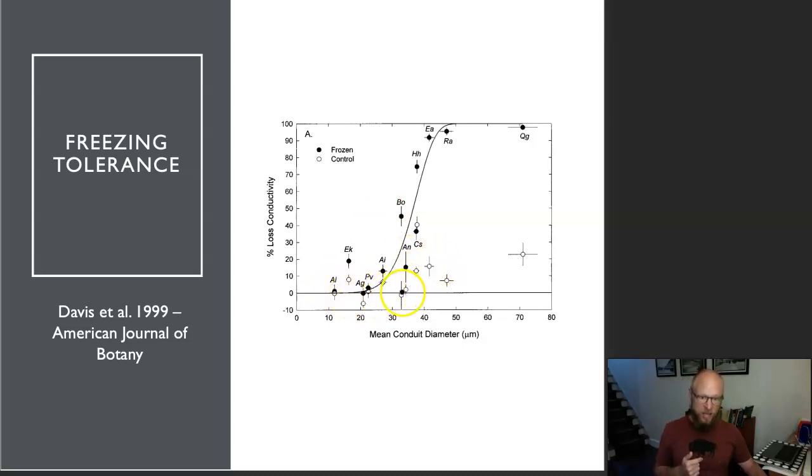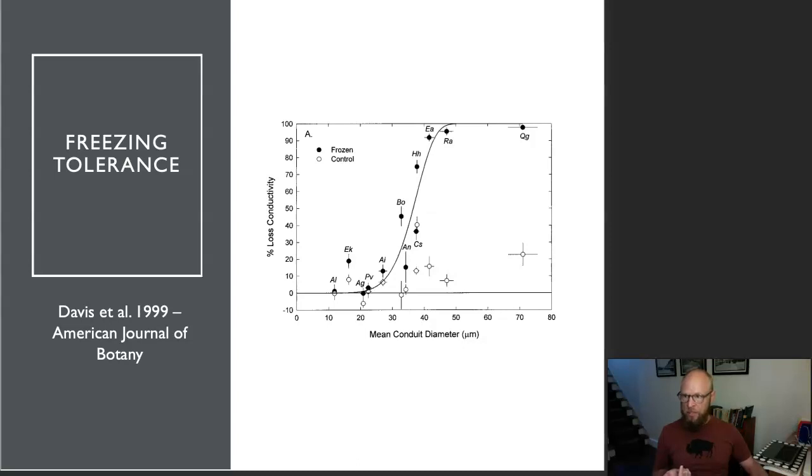And what you can see is that the plants that have the larger diameter vessel, I tried to say vessel and radius at the same time, larger radius vessels, those ones experienced lots of embolisms and so lost all of their ability to conduct water. So if you're a plant growing in the far north of North America, you don't want to have large pipes because they're most likely going to embolize when it freezes, and then they can't transport water. And if you can't transport water, you can't have your stomates open, you can't get CO2, you can't photosynthesize. All right? So that's what this pattern is showing, the relationship between vessel size and sensitivity to freezing